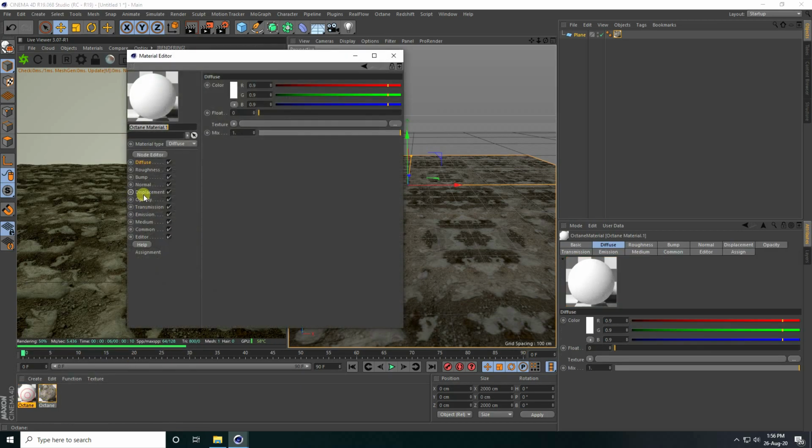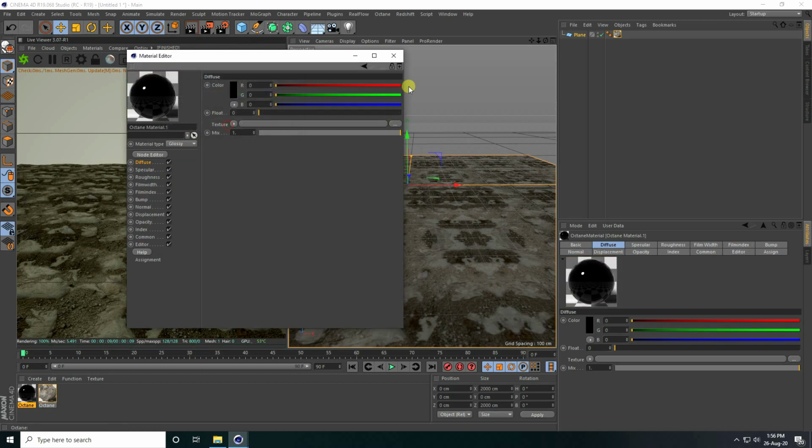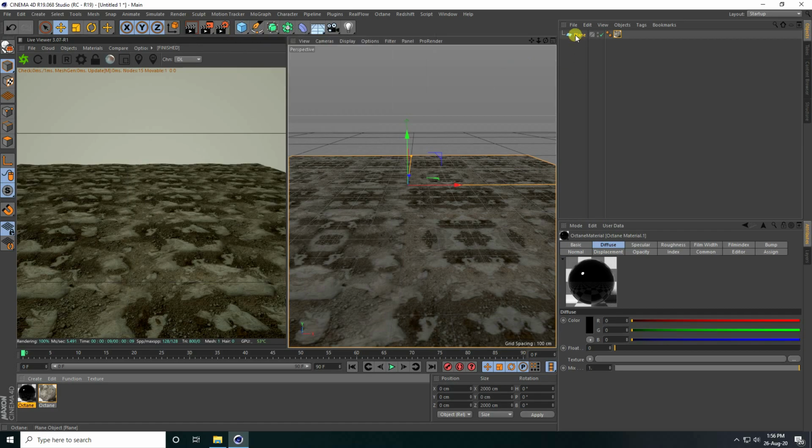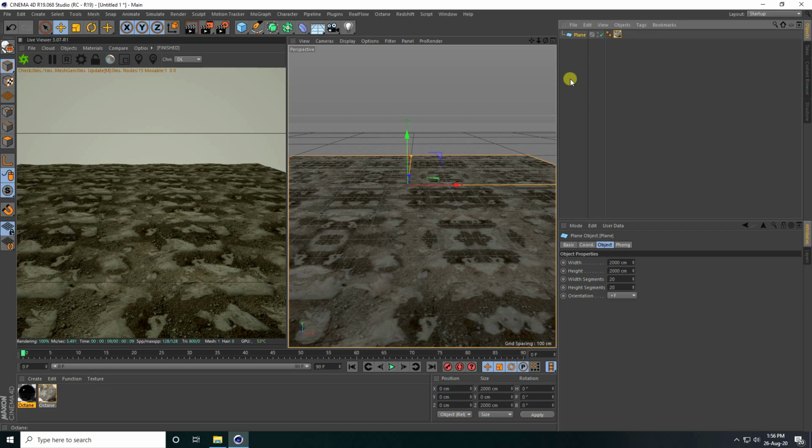So open, and guys, this time material type I take glossy and color I take black. Yes, and guys, again one more time, actually guys, select this one plane and copy. So select this plane and press Ctrl C and V. Yeah, and change material, apply the black one.